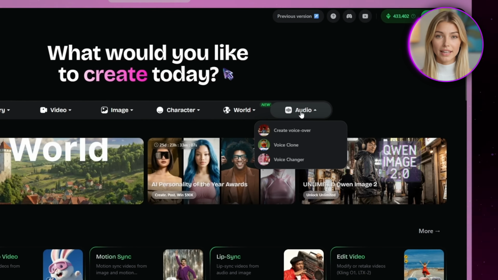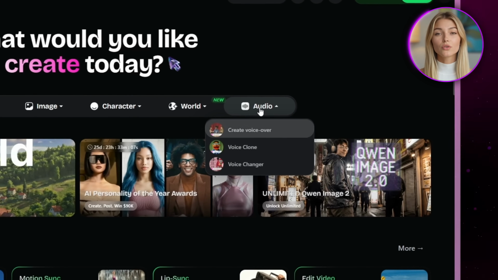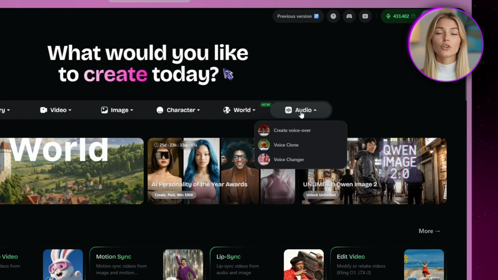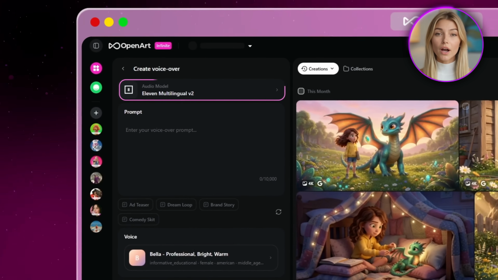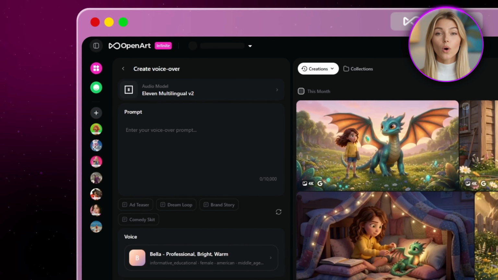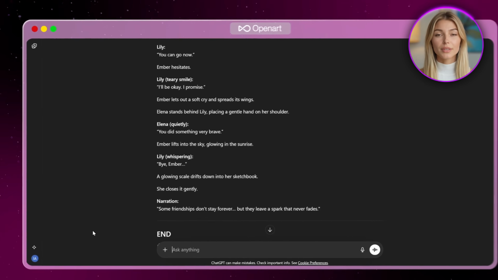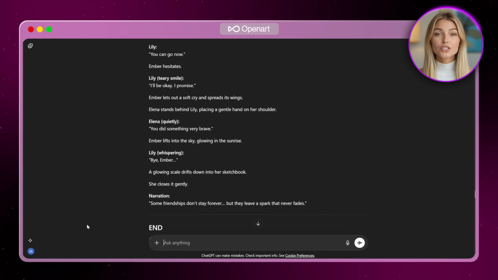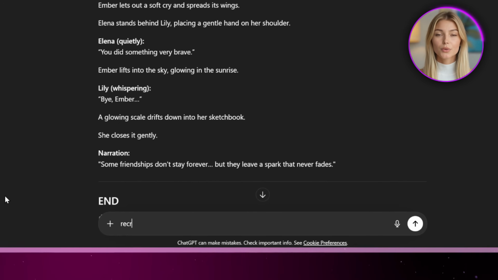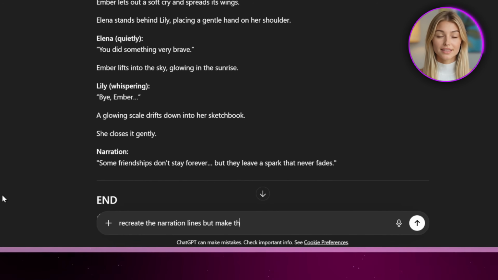This is where we're generating the narration lines. You'll see 3 options, but the one we need is create a voiceover. OpenArt uses models from 11 Labs for this, so the quality is good. Go back to your script and find the narration lines. The narration is a little too simple for my liking, so I'll ask ChatGPT to generate the same narration but